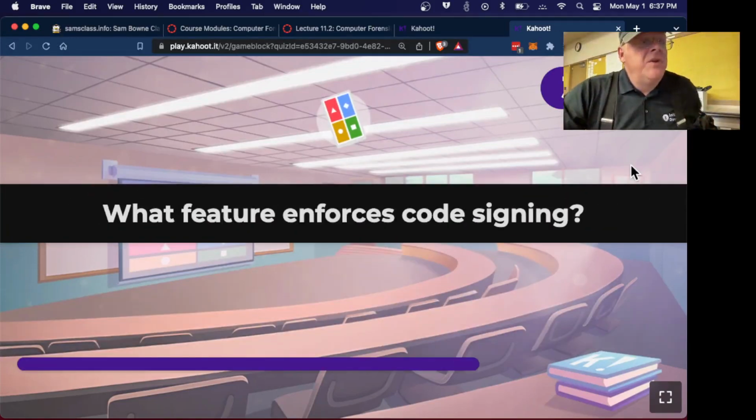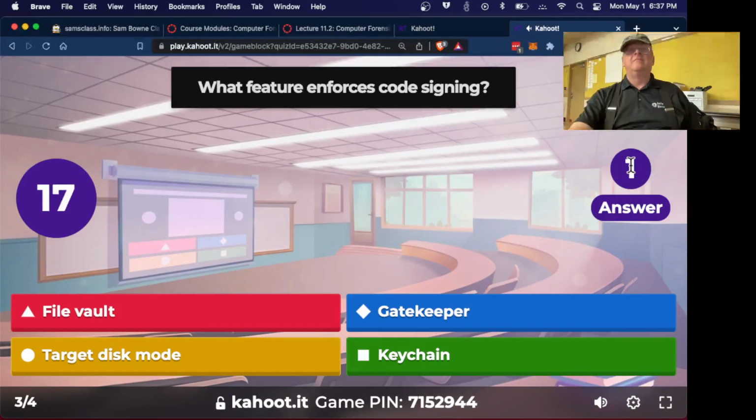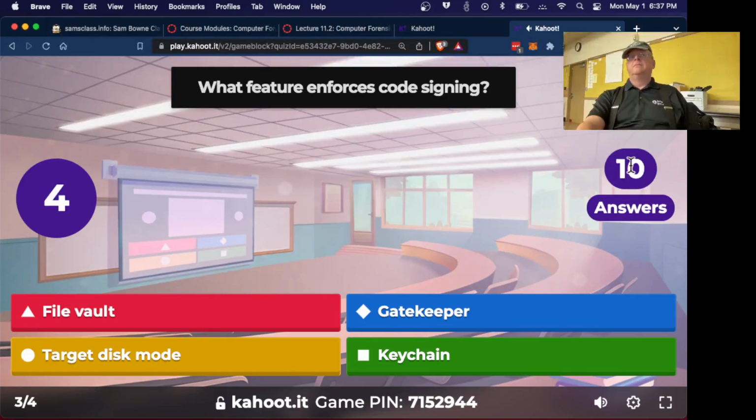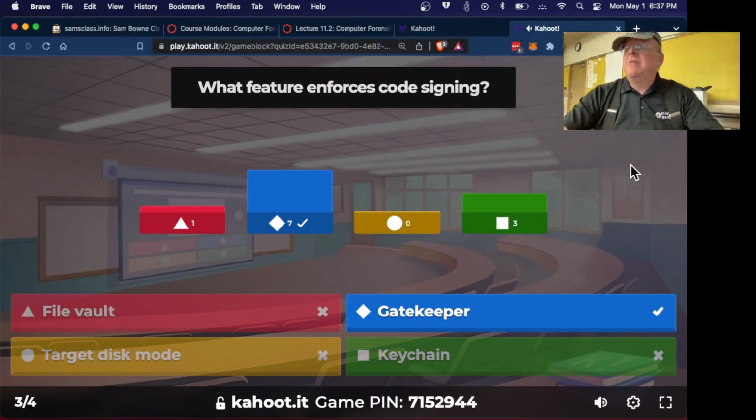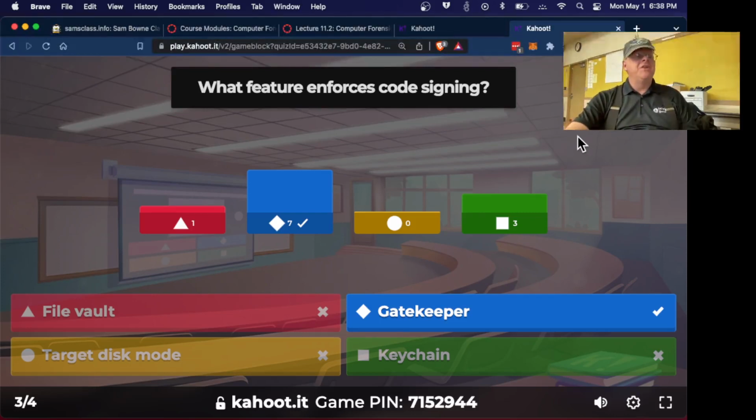All right, which feature enforces code signing? It's called Gatekeeper. I remember I saw in the news about a year ago there was a Gatekeeper bypass that I think was so simple that all you had to do was zip a file and anyway, there's something really simple that would bypass Gatekeeper. You could get it to install something unsigned. But I assume they patched that. But anyway, that's the security feature, and like all of them, it's not perfect.